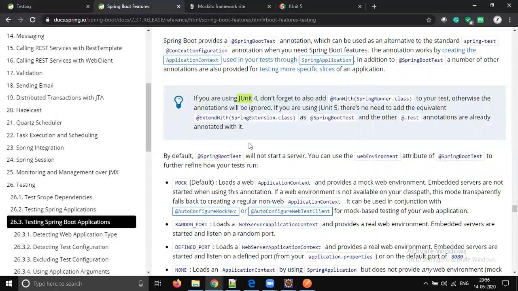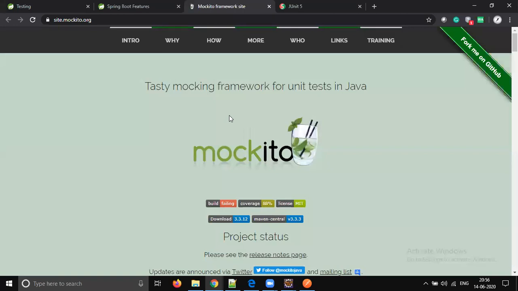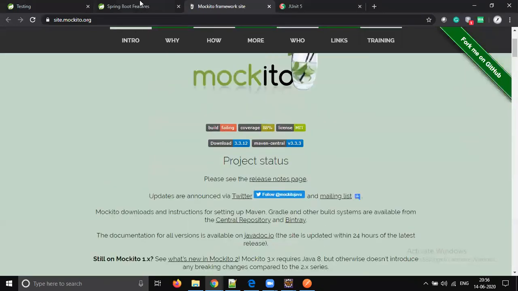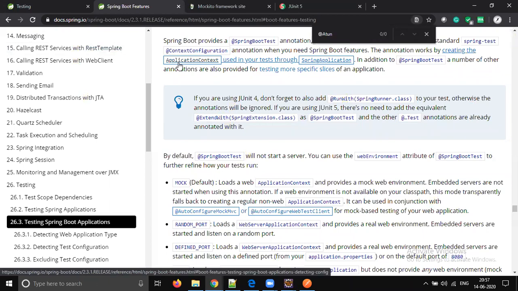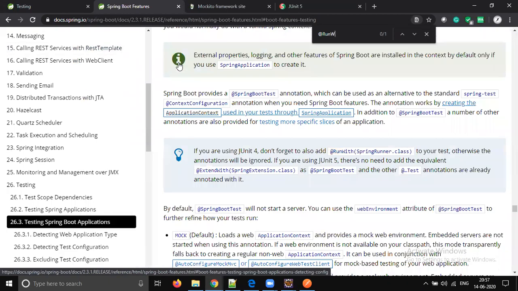With the latest version, JUnit 5, there is no need to add @RunWith or these things. It is just a simple Spring Boot test. We don't need @RunWith, any other annotations are not required. Some people do too much magic. They will use @RunWith with Mockito. It's a very bad practice, because in documentation none of the places say @RunWith Mockito. So when you do that, what is the problem?